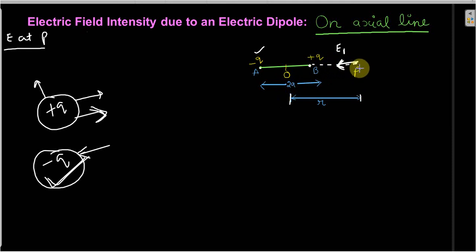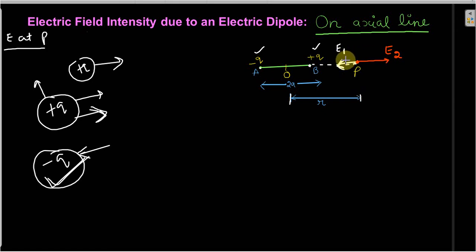Now similarly we want to find the electric field at point P due to this positive Q charge. As we know, for a positive Q charge, the direction is away. So we will draw the vector, and I will show this one with a different color. This is the field produced by the positive charge. This is your E2. Now if you compare the length of these two arrows, which one is greater? E2 is greater than E1.